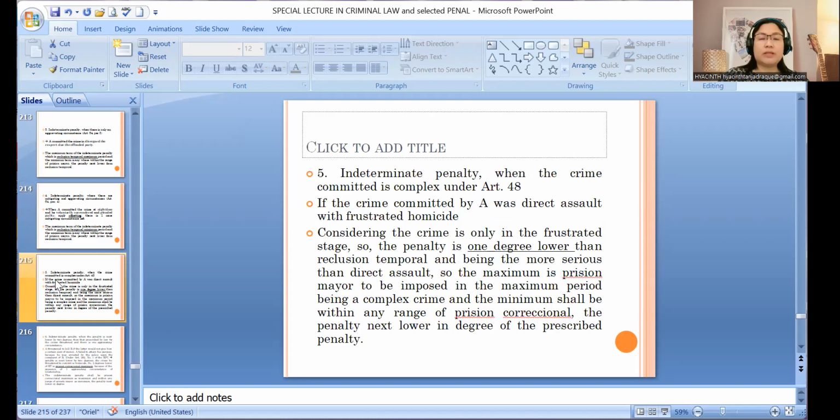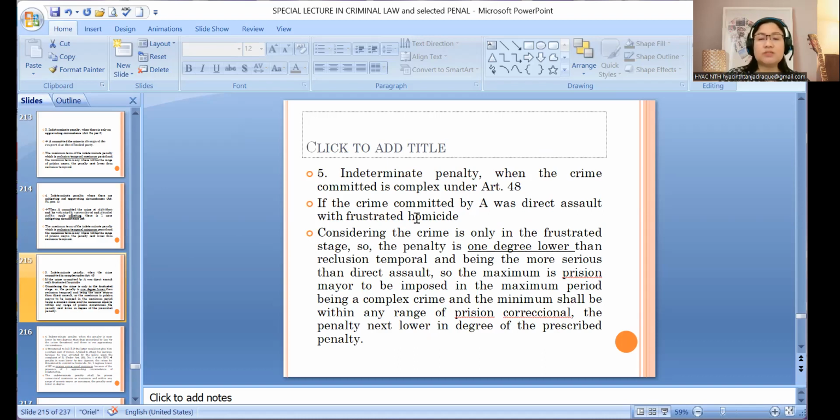Now, how about if it is a complex crime under Article 48? Remember, if the accused is charged with a complex crime, the penalty to be imposed is the penalty of the most serious crime. So in direct assault with frustrated homicide, for example, frustrated homicide is more serious than direct assault. So the prescribed penalty for frustrated homicide would be our